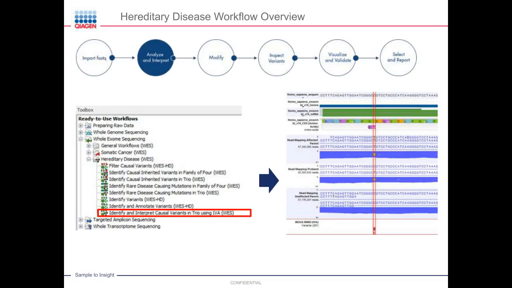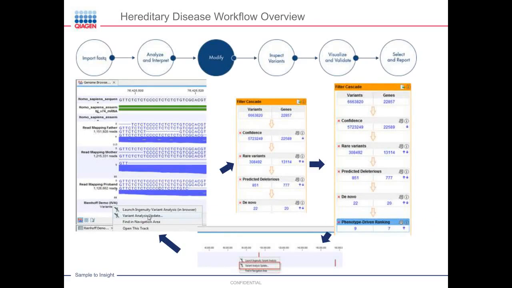But at this point, you should not directly look into the visualization here and confirm the results, because there is an essential thing missing here. And that is that you should add phenotype information about your patient. So you go into the genome browser view in Biomedical Genomics Workbench. You right-click on the track, which comes back from Ingenuity Variant Analysis, and then you say launch Ingenuity Variant Analysis in browser. So that opens up then the filter cascade, which was run in Ingenuity Variant Analysis,